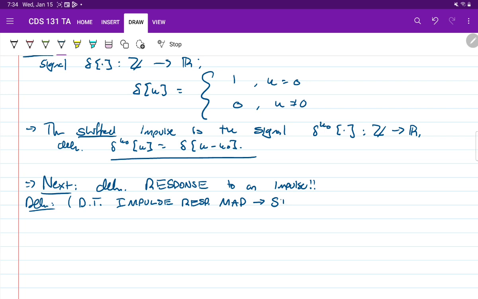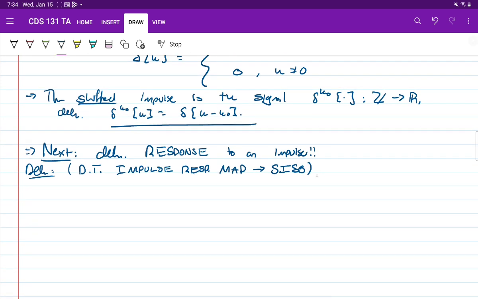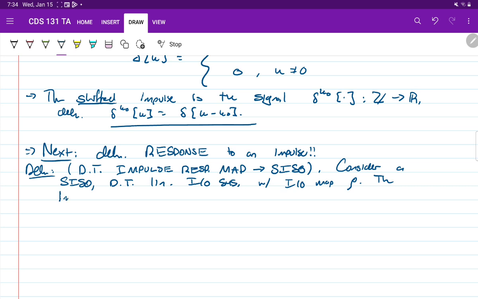Remember, in the SISO case we have single input and single output, which means that our input and output value spaces are both R. So consider a SISO discrete time linear I/O system, one of our formal abstract dynamical systems with I/O map rho. The impulse response map, this is what we're trying to define,